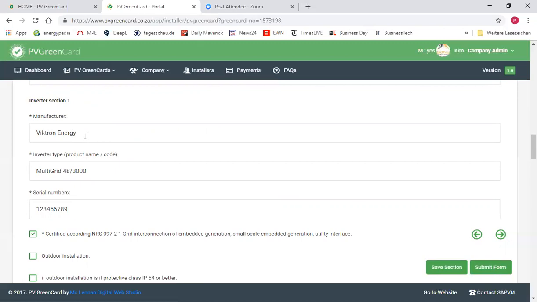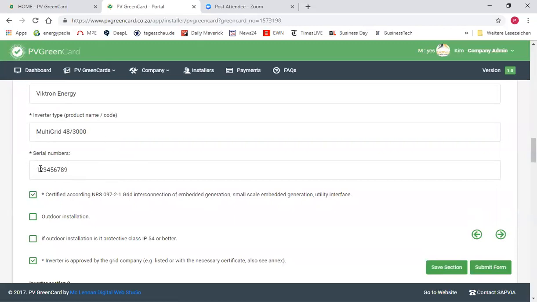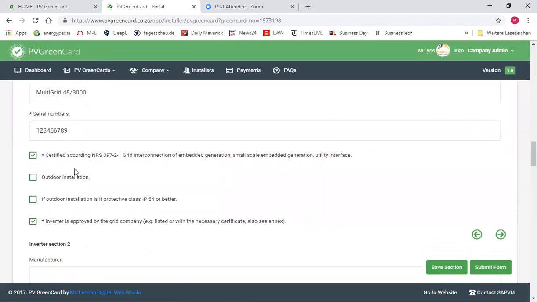In this particular case, it's a Victron Energy inverter. Again, the proper name, Multigrid 48-3000, and the serial number. Again, you are asked to tick that the relevant standards are adhered to. So for inverters, that is certified according to NRS 097-2-1, which is looking at the grid interconnection interface of inverters